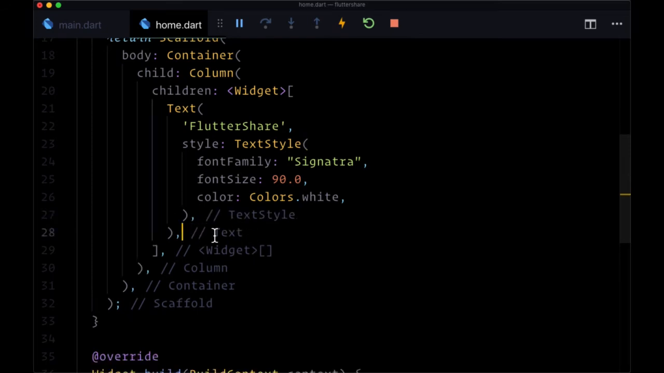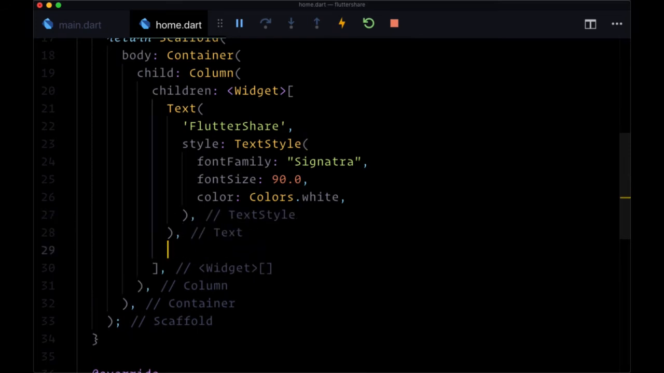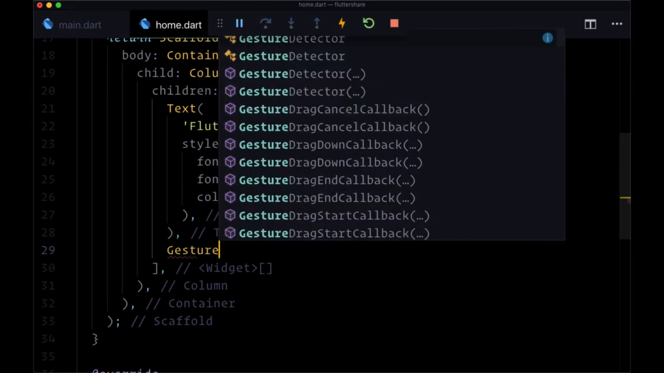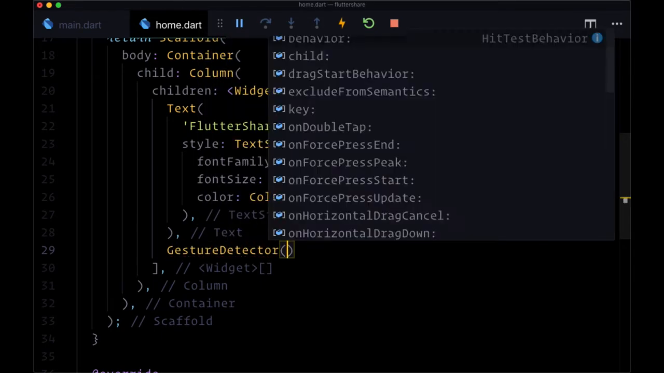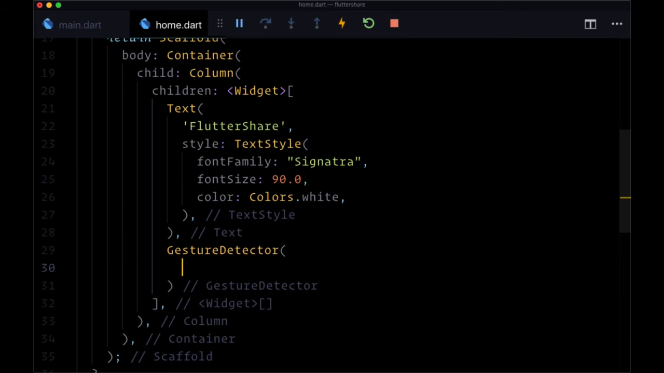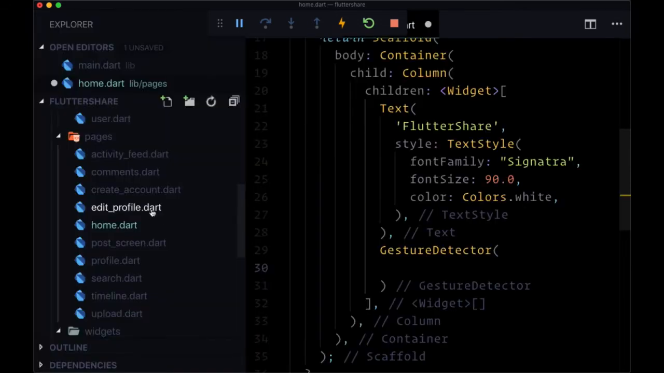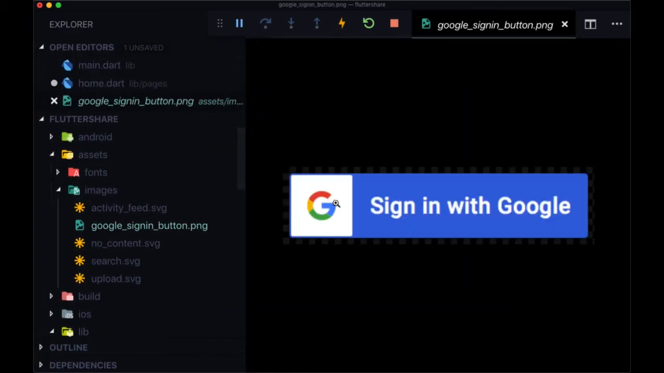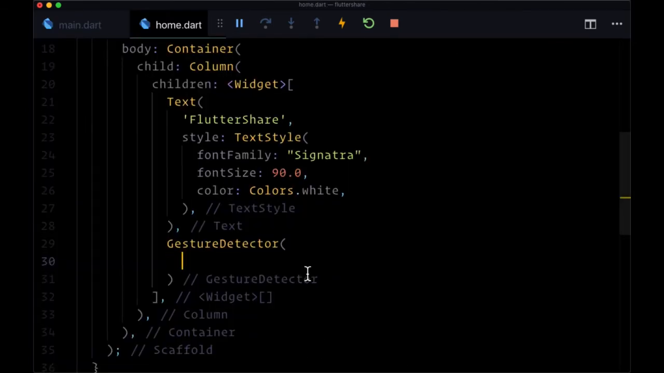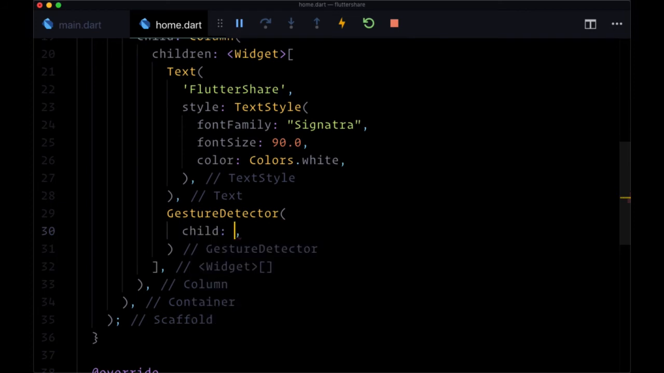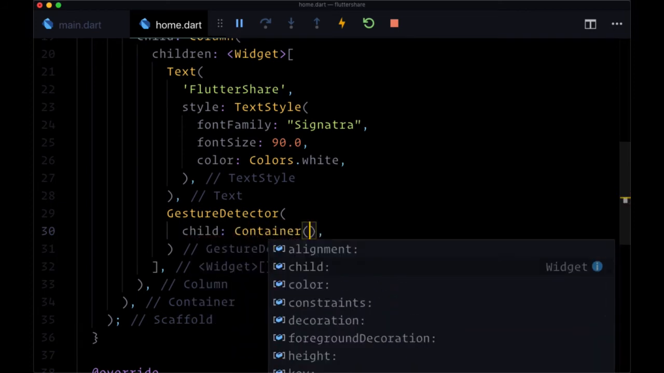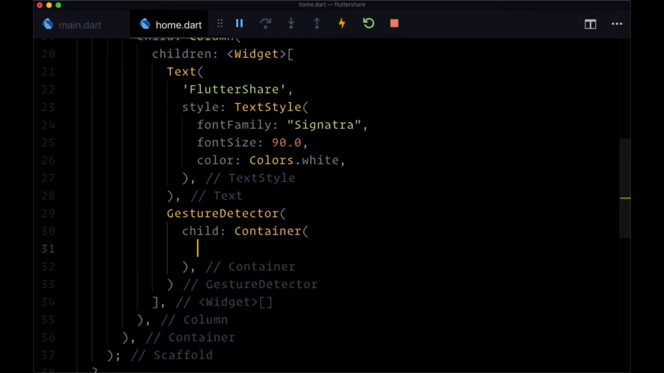After the closing tag here, we'll add a gesture detector, and this is to make our image that we're going to be using and displaying here function like a button. So the image that we're going to be using is the Google Sign-In button PNG I've included in your images folder. So for our gesture detector child, we're going to have a container which contains our image, which will have